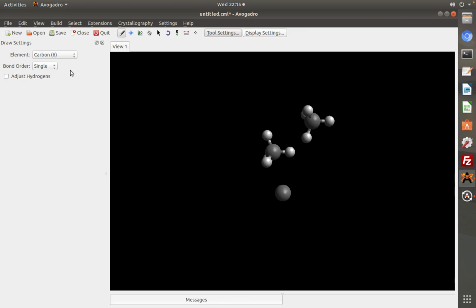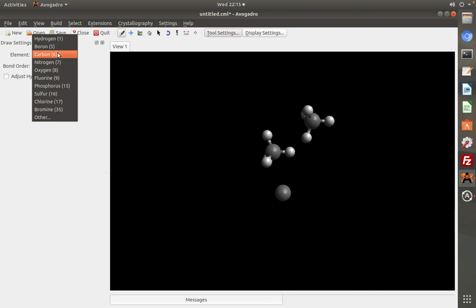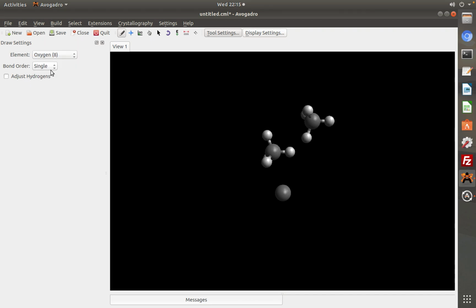And once that is determined, should we want to create a different bond, that is a bond of maybe carbon dioxide, which comprises carbon and oxygen, once we have our carbon inserted, we can then go ahead and pick oxygen,